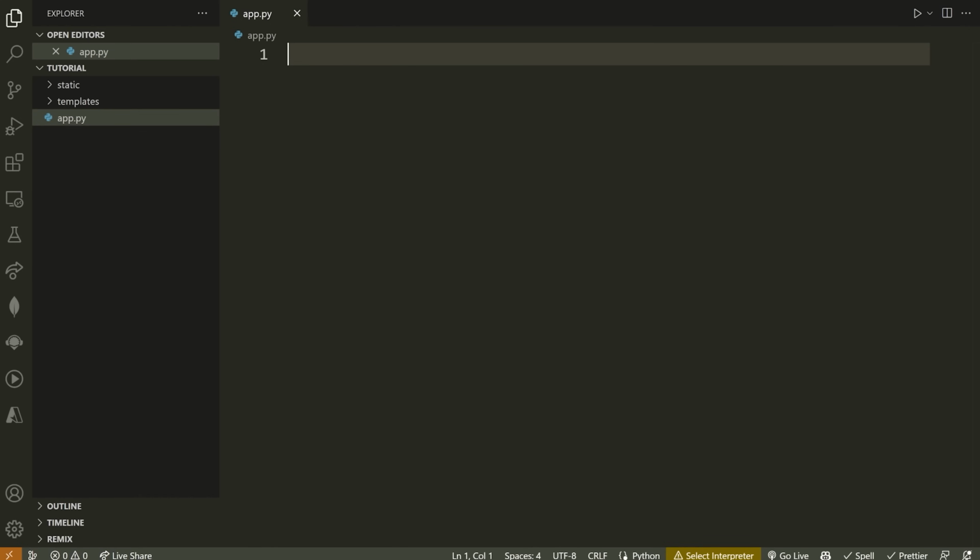Lastly, we're going to go inside of app.py here, and we're going to set up a very basic Flask web server. So let me just spend one second talking about Flask here. This is a lightweight web framework in Python, which is really, really good at building simple websites like the one that we're going to be building here.